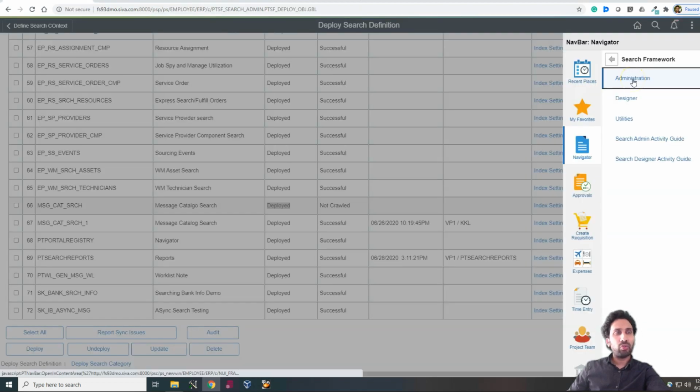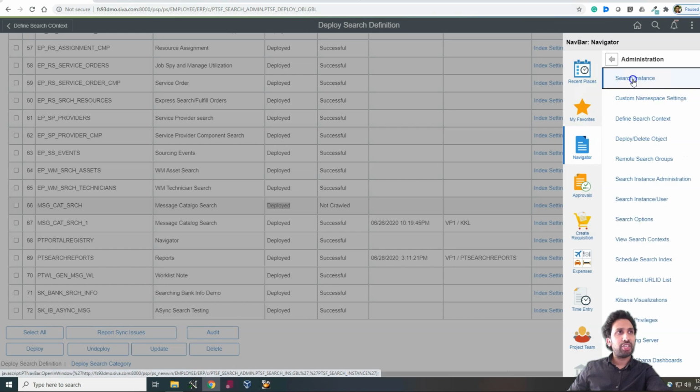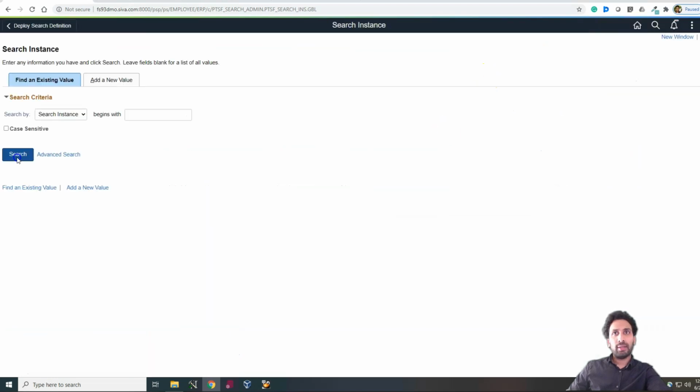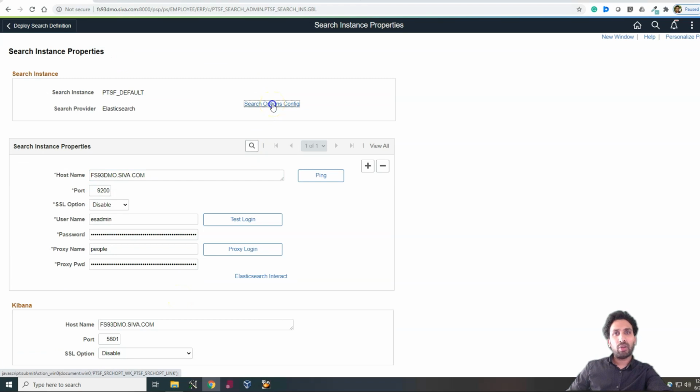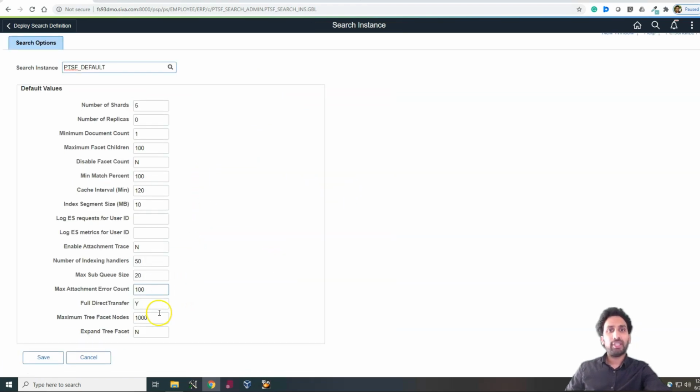If you navigate to People Tools, Search Framework, Administration and Search Instance and select your default search instance and click on Search Options Config, here you will see direct transfer method is Y. That's how you know PeopleSoft is transferring the data using direct transfer method.